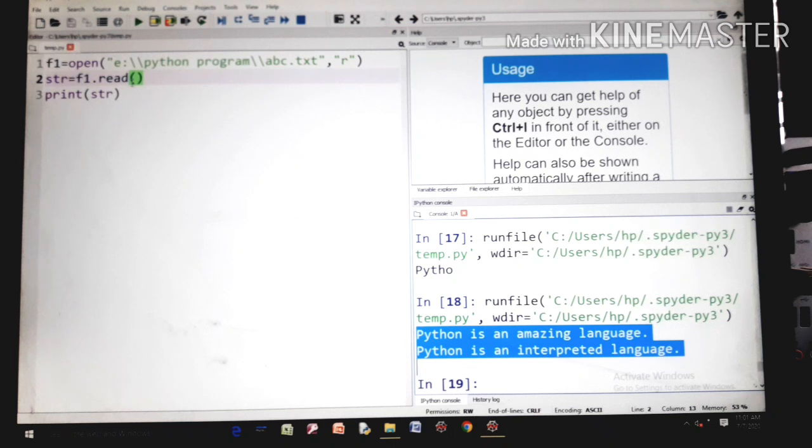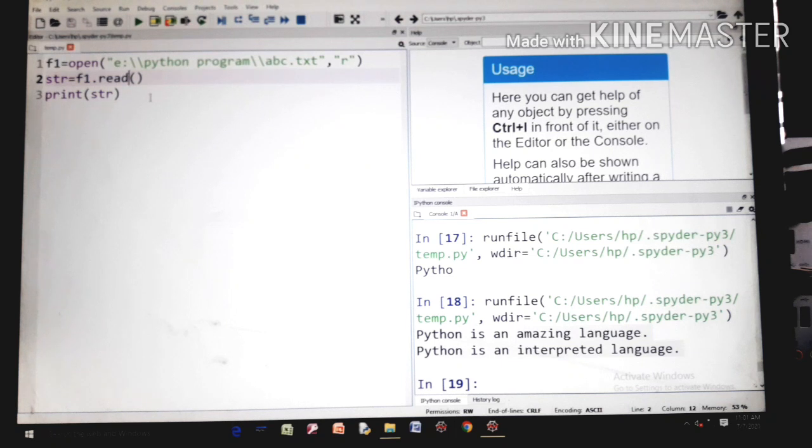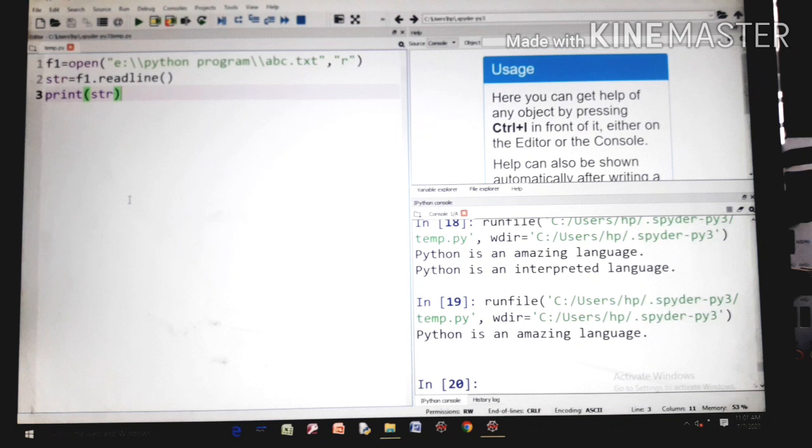Now next, we use readline. The readline function reads the content of the text file line by line. Run this program with readline, and it shows the first line: Python is an amazing language.